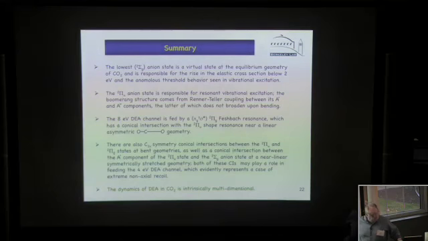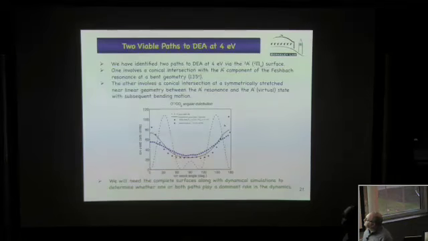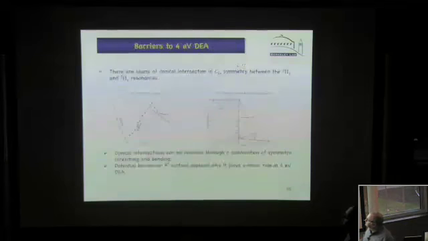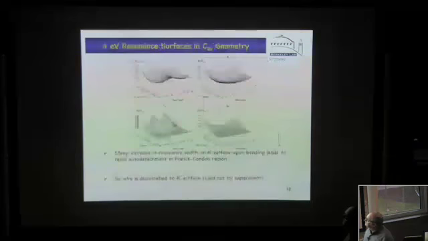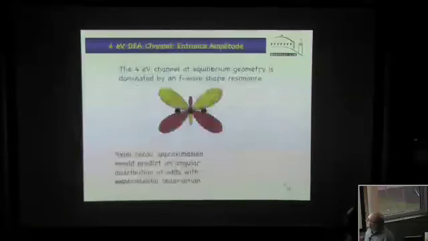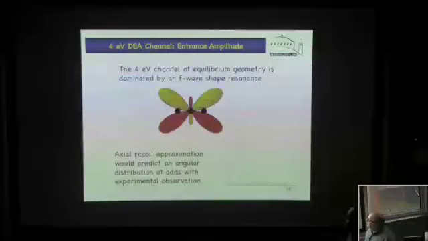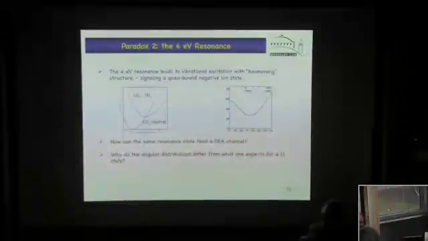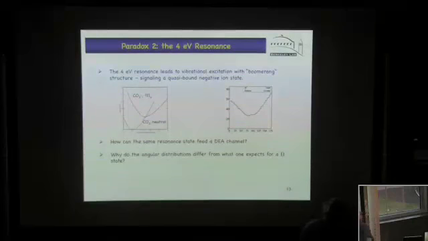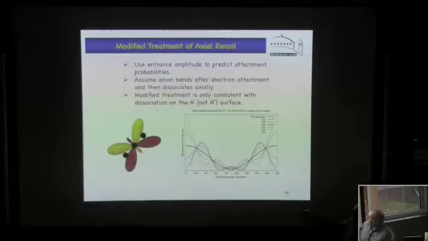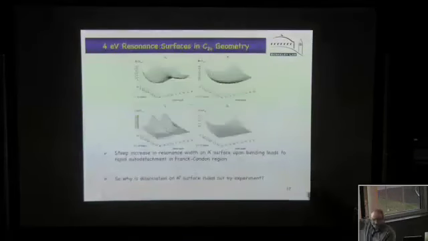Any further questions? No? Several slides back, you had a potential with the CO2 and the CO2 minus, and you had the CO2 minus about 2 volts above the CO2. Was that just stretch and you weren't allowing for bend right there? Oh, that was stretch, yes. So there's no bend in the curves I showed.